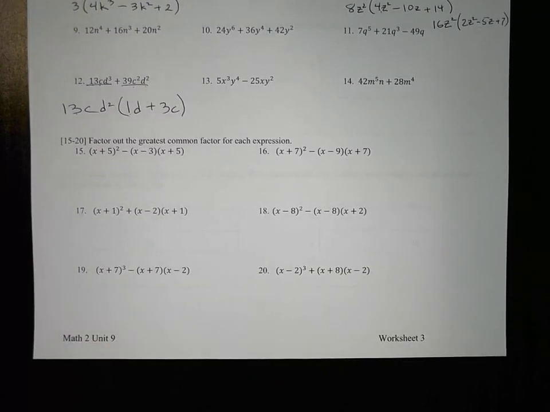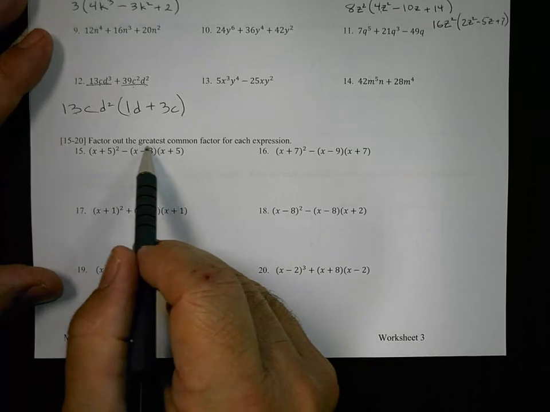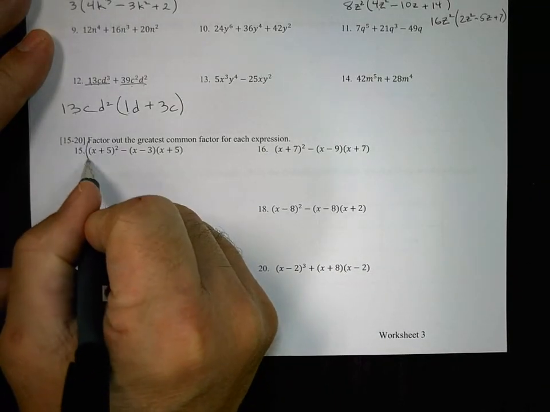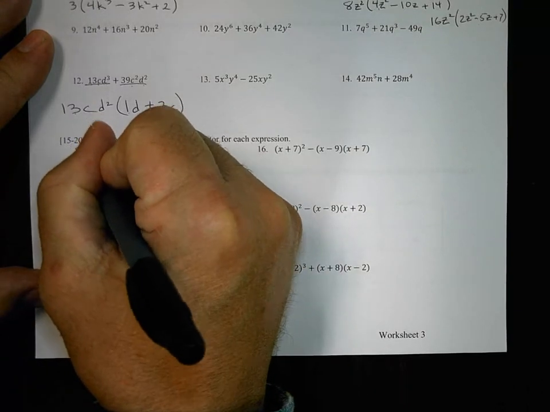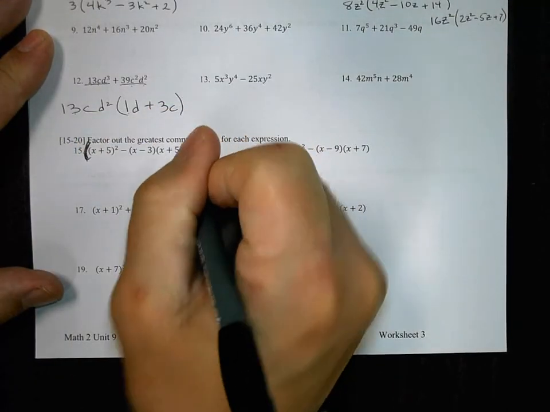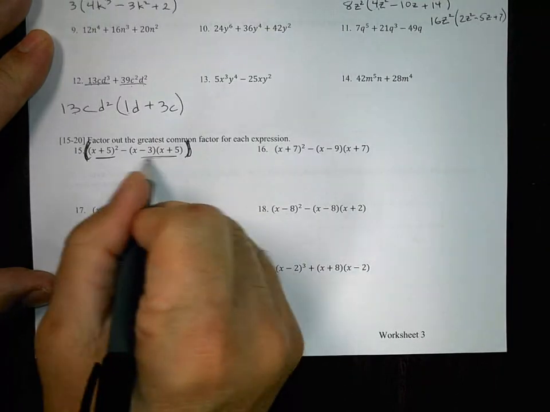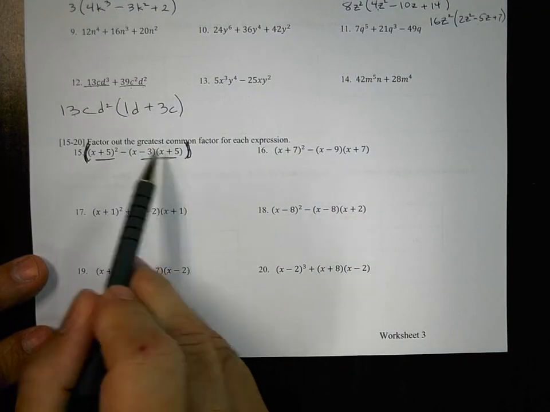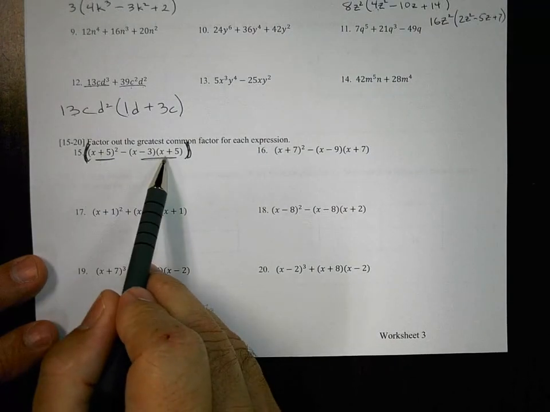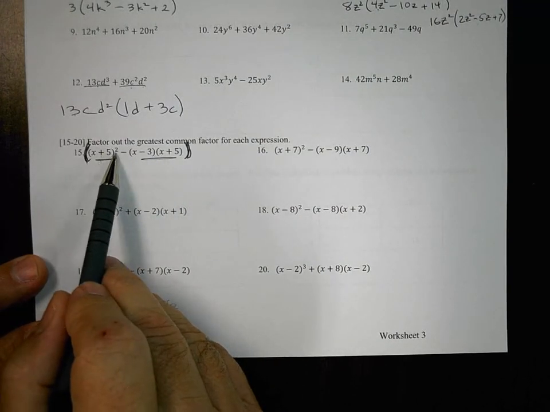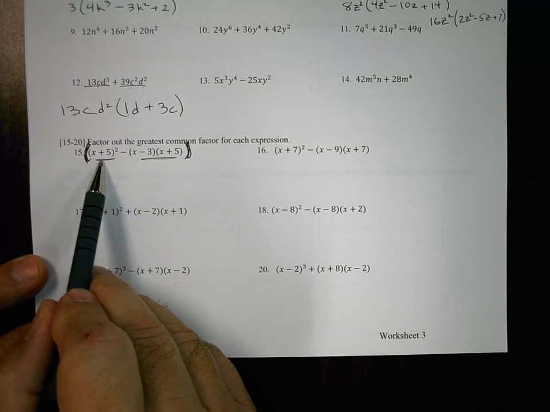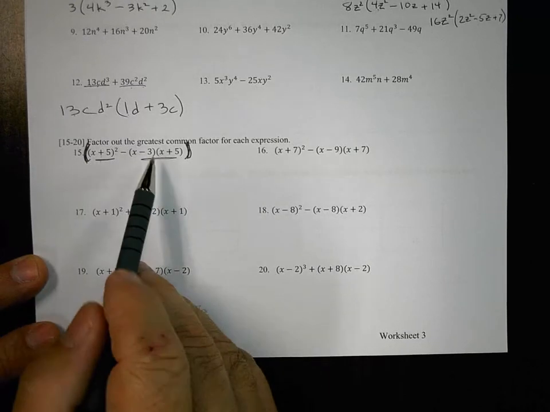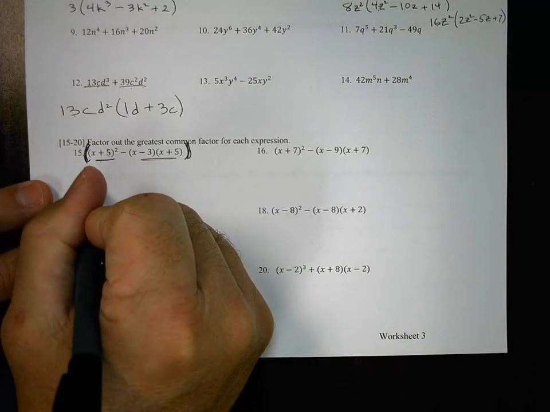Let's look at this, factor out the greatest common factor of each expression. Well, let's look at this whole thing as a binomial. This is our first term, and this is our second term. What do our first term and our second term have in common? They both have an x plus 5. This is x plus 5 squared, or x plus 5 times x plus 5. And this guy is x minus 3 times x plus 5. So if we take out an x plus 5,